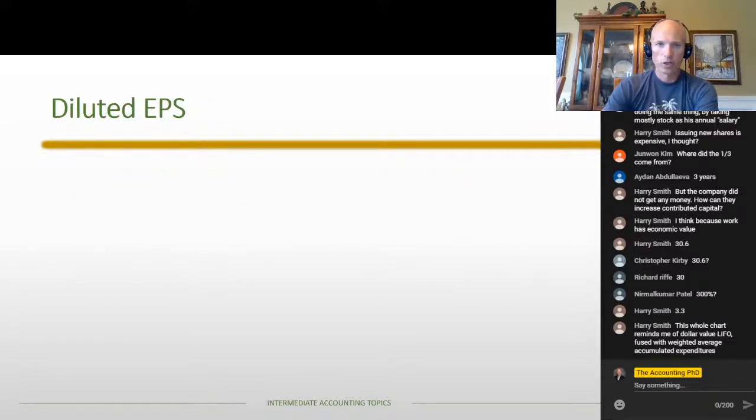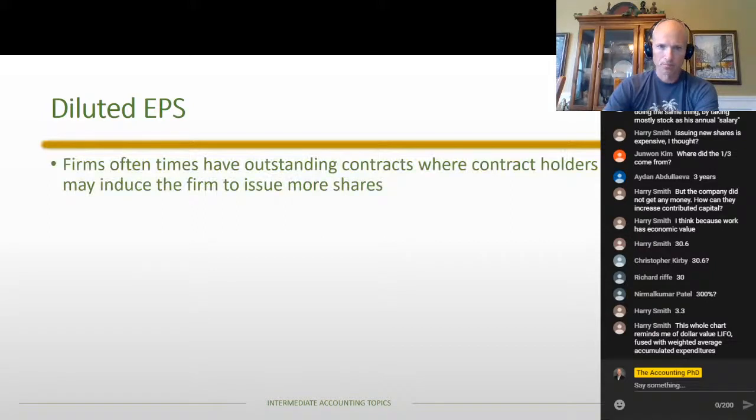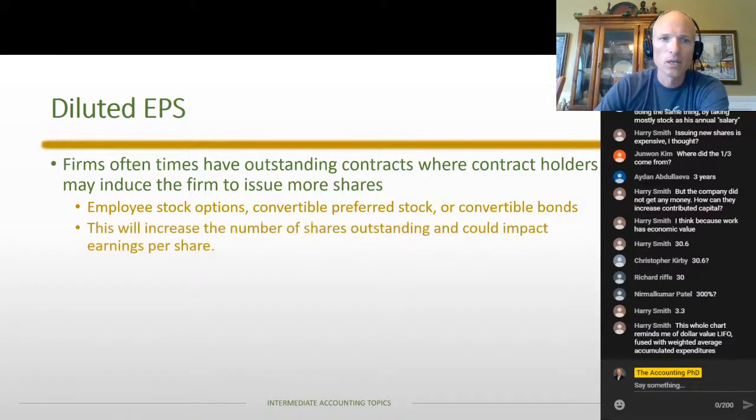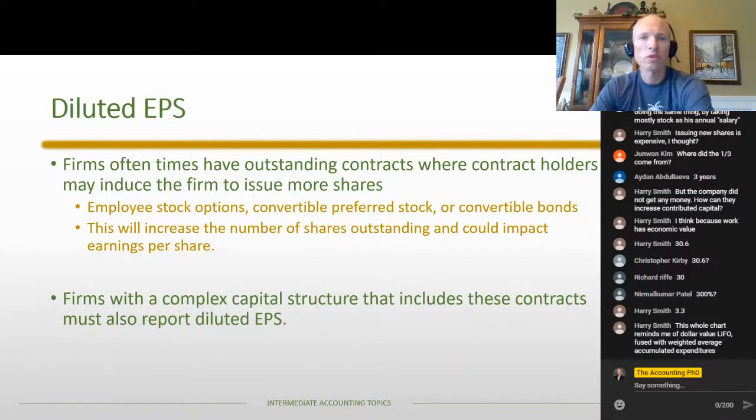Now to diluted earnings per share. So again, these are outstanding contracts where the contract holders can induce the firm to issue more shares. Some examples are the employee stock options, convertible preferred stock, or convertible bonds. There could be others, but these are kind of the main ones we're going to talk about. So these will all increase the number of shares outstanding, and it could impact our earnings per share. So firms with complex capital structure,